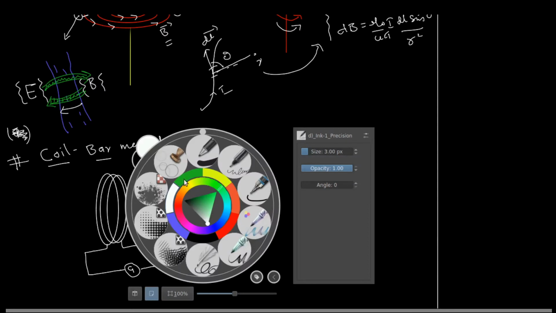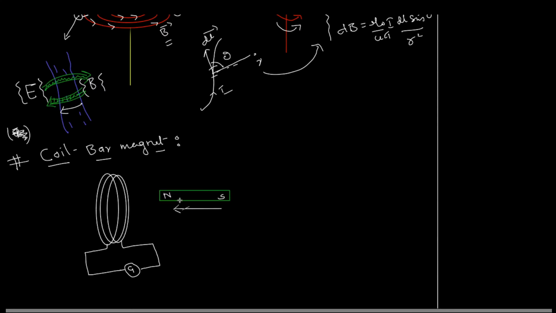But before we start moving, notice one more thing: this coil is not connected to any source of EMF. There's no battery. There's only a galvanometer to find out if there is current or not. There is obviously no current in it. All you have is a conducting coil wound like that. So with nothing happening, obviously there is no deflection in the galvanometer.